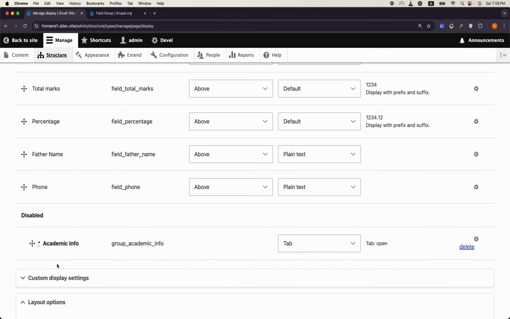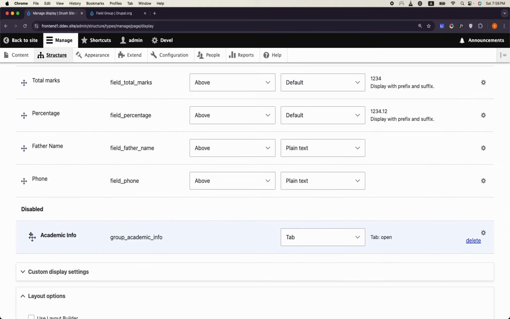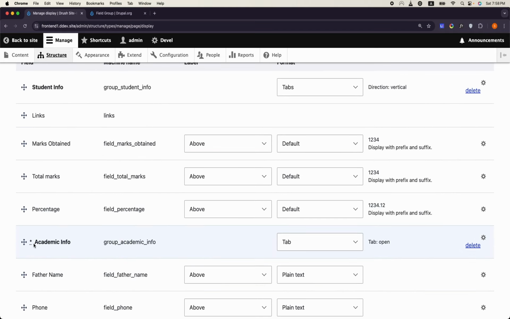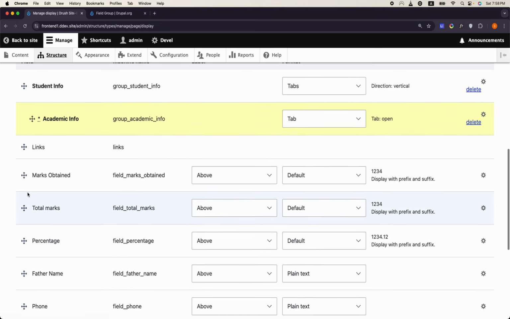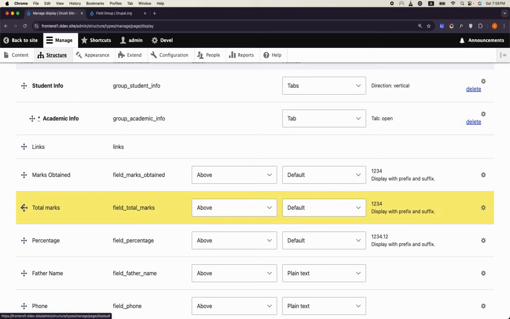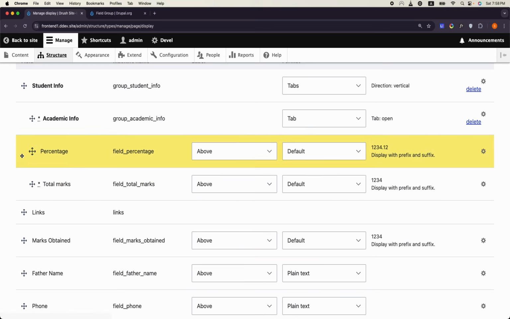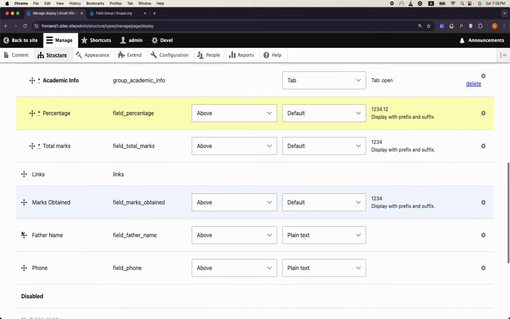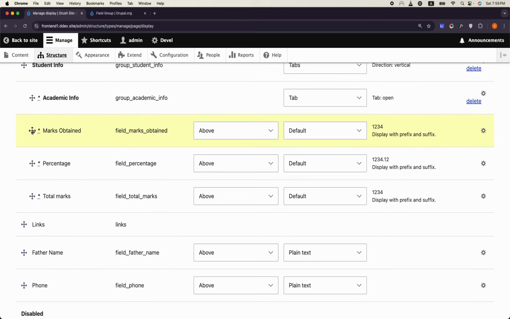Date. Okay, what should we move it to? Marks and percentage also. Percentage and marks obtained. It should be inside the